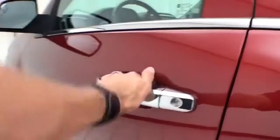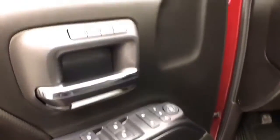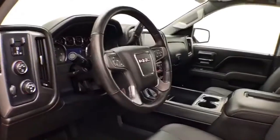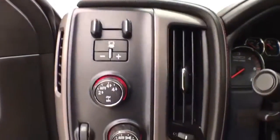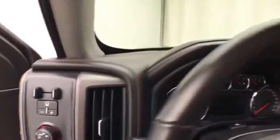This all-terrain has keyless entry with remote start, power windows, locks, mirrors, memory settings for 2 drivers, power seat along with a tilt and telescopic steering wheel, and power adjustable pedals to put you in that perfect driving position, power moonroof. Shift on the fly 4-wheel drive with auto setting, integrated trailer brake control,